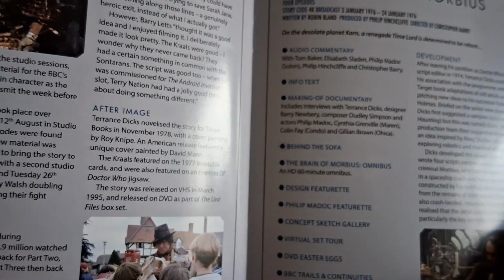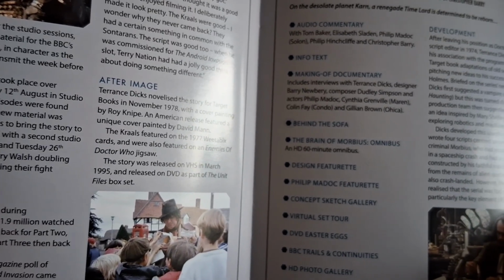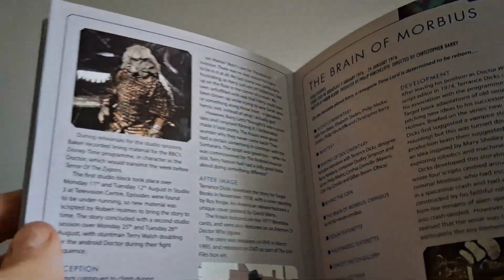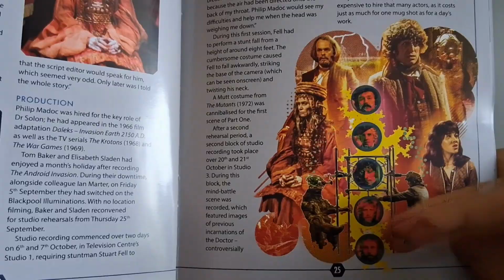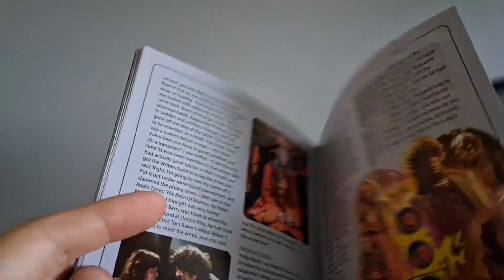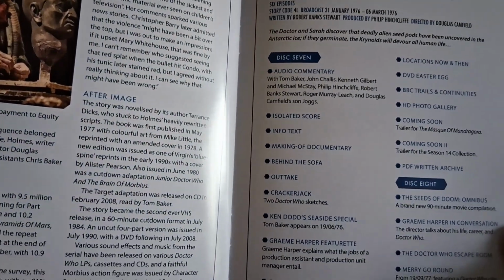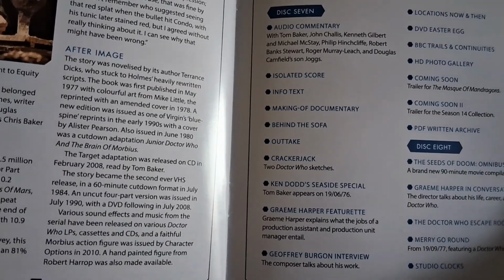The Brain of Morbius. An omnibus version of this story. Philip Maddock featurette, DVD Easter eggs, coming soon trailer, Behind the Sofa. Stuff we've had on the DVDs before, but new stuff as well for the Blu-ray. Beautiful artwork with the Morbius Doctors. Excellent work. And Disc 7 and 8, we've got the Seeds of Doom, Behind the Sofa, interview with Graham Harper,